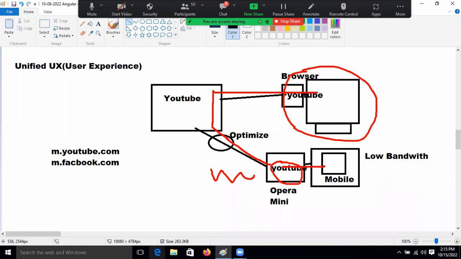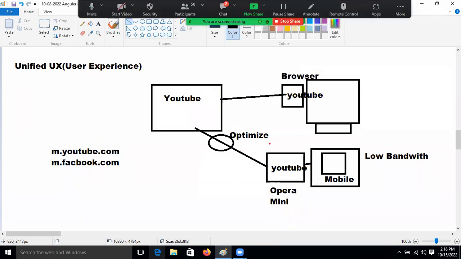Yeah, so in the earlier days, I'm talking about earlier days, bro, this is called user experience, friends. Okay, this is called unified user experience, right? An application must provide it, but the thing is, nowadays